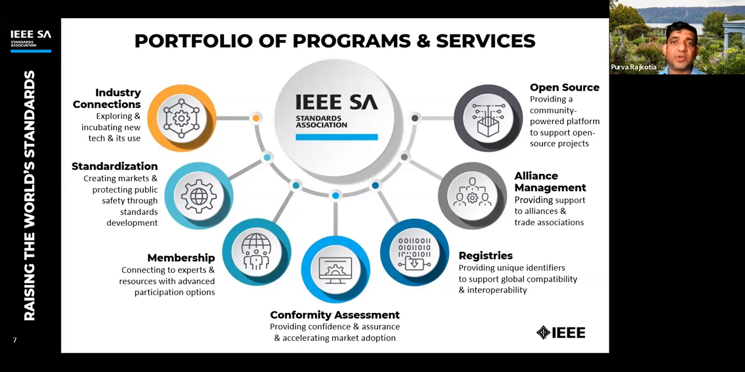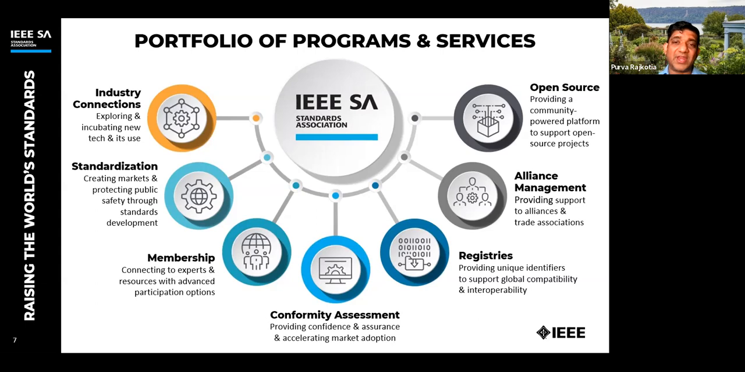So the Industry Connections Program is again one of the platforms or channels via which we incubate new programs. There are also the other programs like standardizations, membership, conformity assessment, registries, alliance management, and open source. These are the different products and services IEEE SA offers to the industry. Now, I'm just going to focus a little bit more on the Industry Connections Program, because this whole webinar